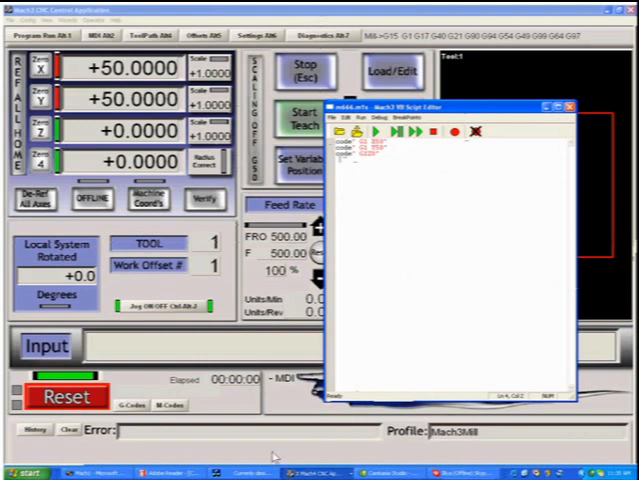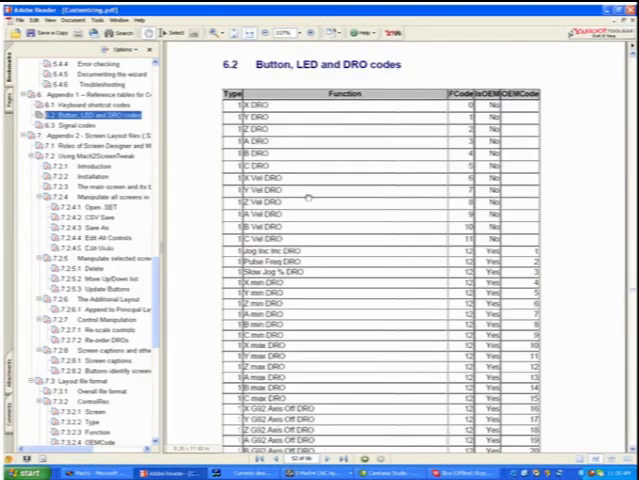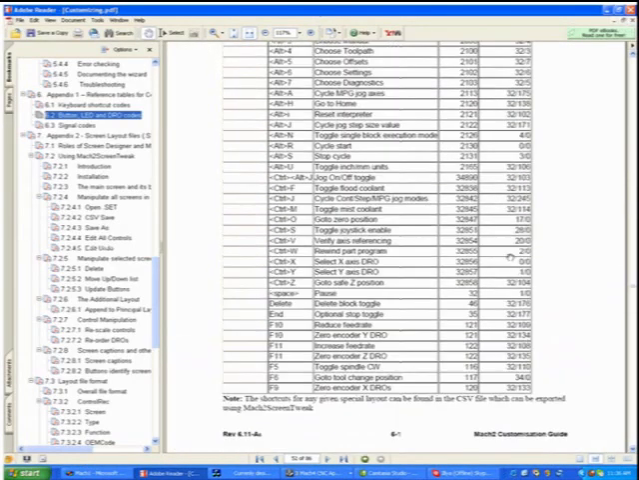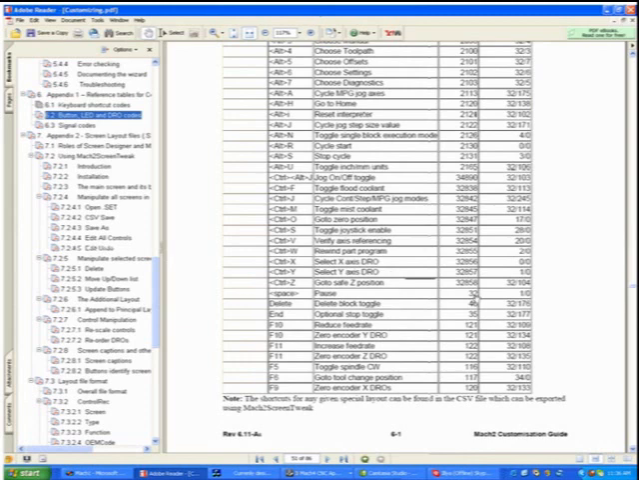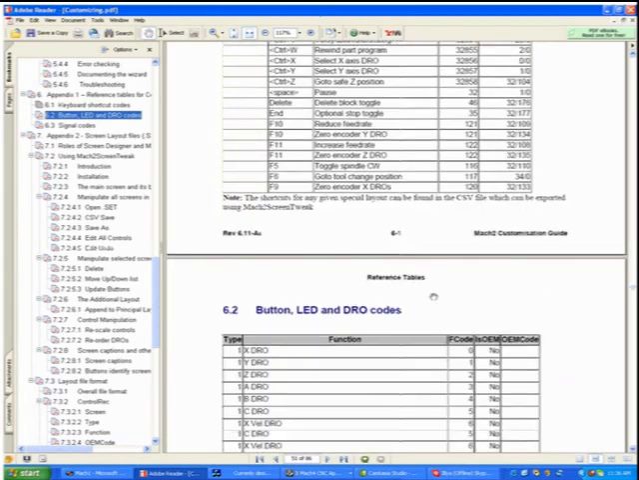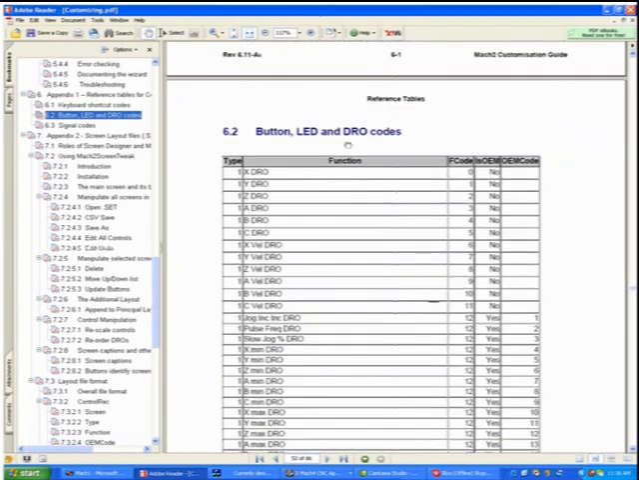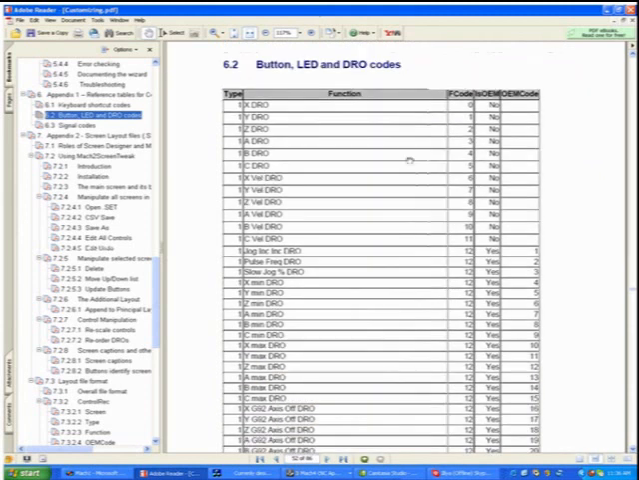Let's take a look quickly at the customization document. This is the OEM customization document. In it, you'll find things like the keyboard shortcuts. You don't use these in Visual Basic scripts typically, but you do use button, LED, and DRO codes. For example, to get an XDRO, you say GetDRO(0), which is a function code. If it's a function code you're calling, the command is usually GetDRO, where if it's an OEM code, it's